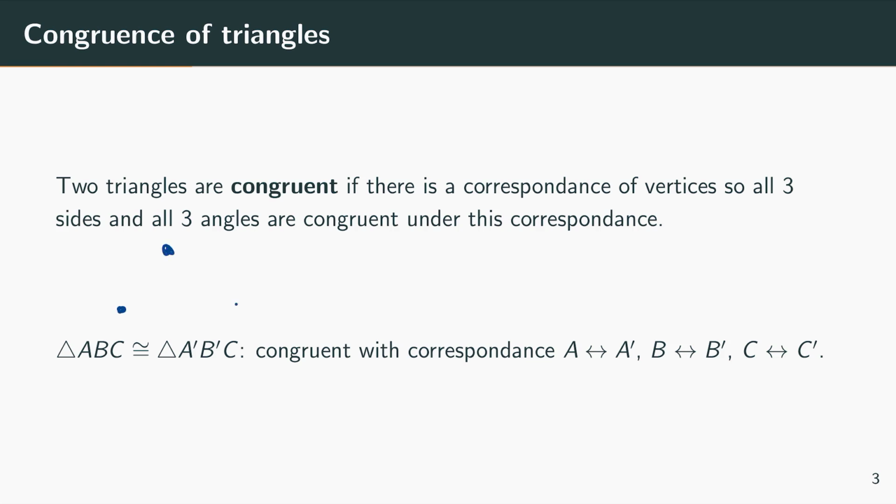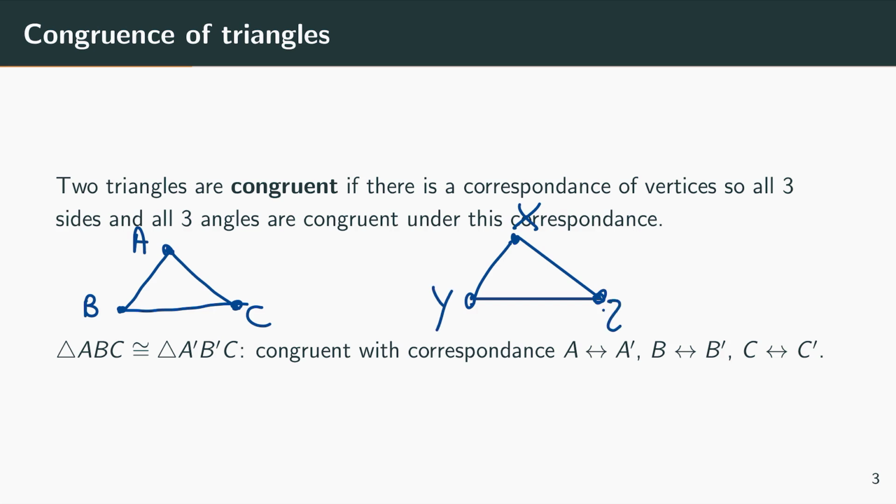That's a little bit wordy, but what we mean is, if I have two triangles, let's say I have here ABC, and over here I have triangle XYZ, to talk about a congruence between them, whether they're congruent or not,